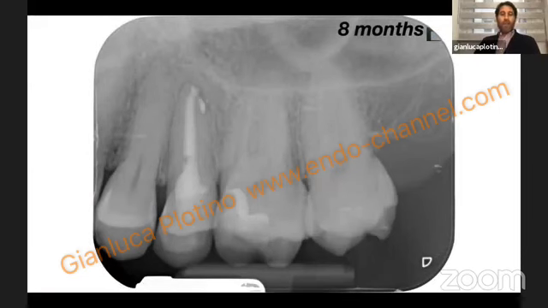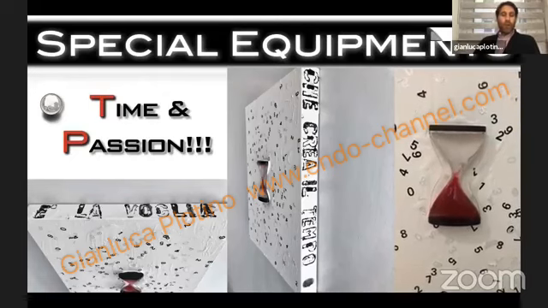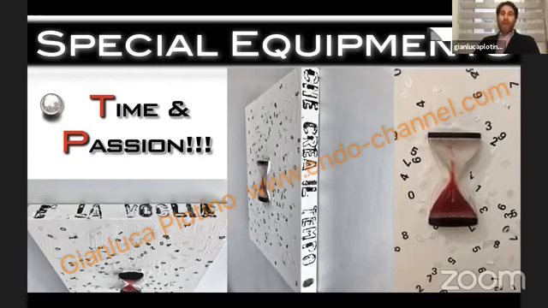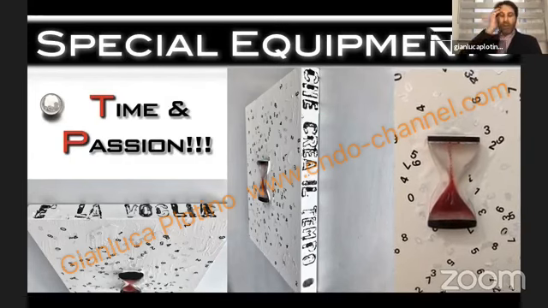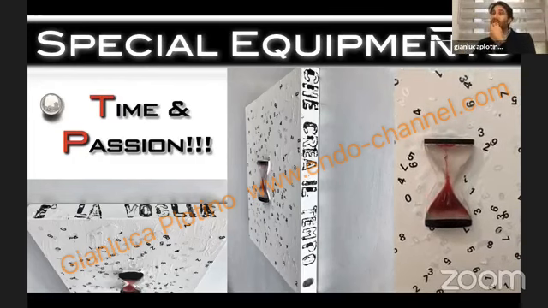So we have to adapt our techniques, and most of all, the most important is we have to dedicate our time and our passion to these procedures. This is the most important special equipment that we need. Most important because